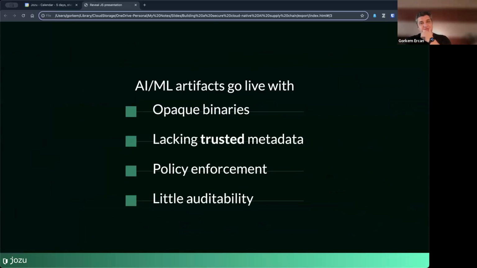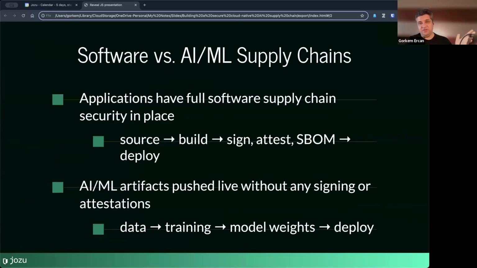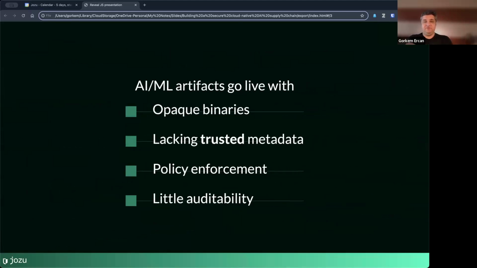So today, most of the time, the AI/ML artifacts go live as opaque binaries. There is no trusted metadata that is used during deployment time. If you think about the life cycle here, you have your model weights, but then there is no metadata or some limited metadata, and that metadata cannot be trusted.